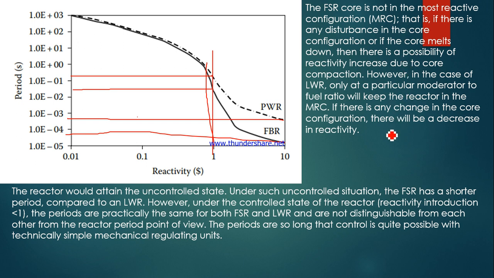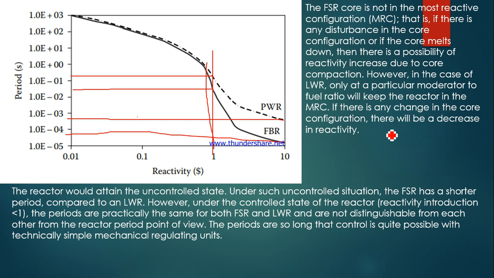The core of fast reactor is not in the most reactive configuration. That is, if there is any disturbance in the core configuration, or if the core melts down, then there is a possibility of reactivity increase due to core compaction. It will accumulate, so there will be a compaction and the reactivity will change. So this aspect is to be considered to analyze the safety criteria of the fast reactor,